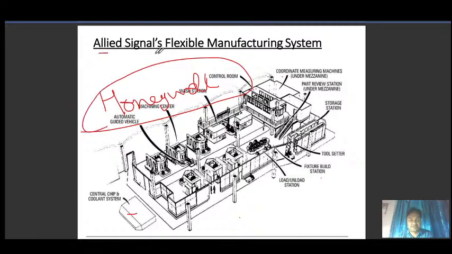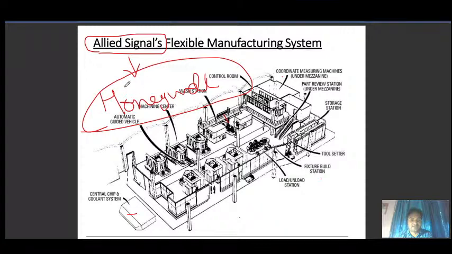Earlier Allied Signal was a different organization, and later Honeywell purchased it, merged it with Honeywell, and renamed its business as the Honeywell Corporation. So Honeywell is a very reputed company in the USA, you can say a top 10 company, and it is engaged in producing turbine blades and electrical equipment, rotors like this. So this is a very reputed company, and that picture is from their setup.